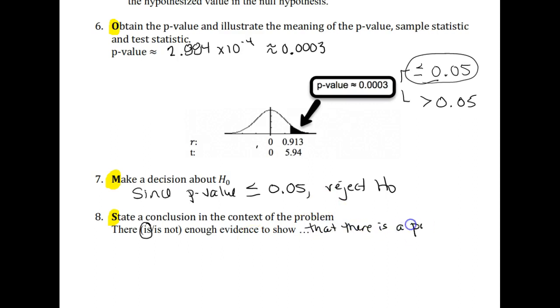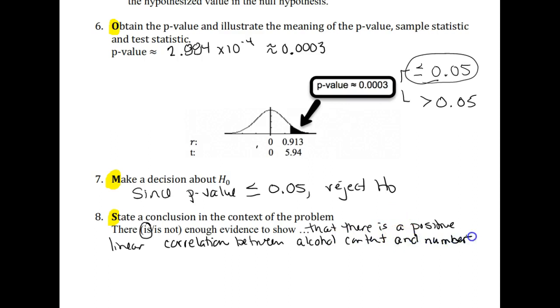So we're going to put that back with the context of what the variables were and what we're looking at here for the population. So there is enough evidence to show that there is a positive linear correlation between alcohol content, that was our X variable, and number of calories, which was our y variable. And again, inferences we're concluding for the whole population, so not just the 9 beers we looked at. In all 12-ounce bottles of beer